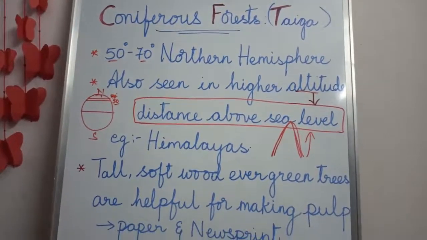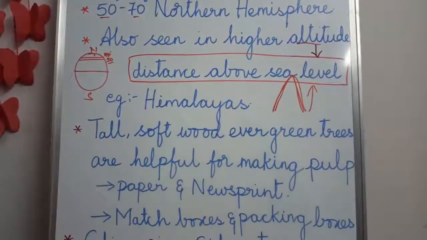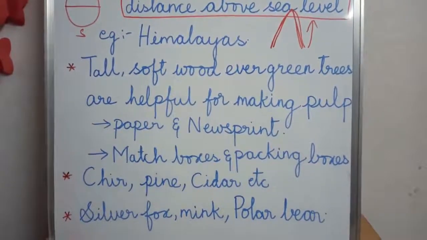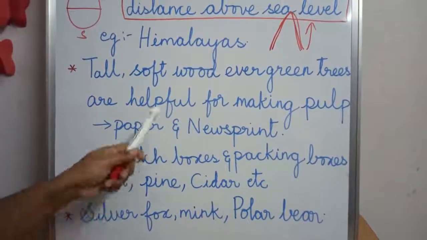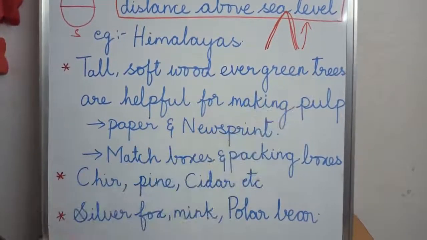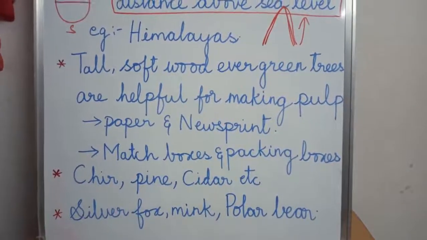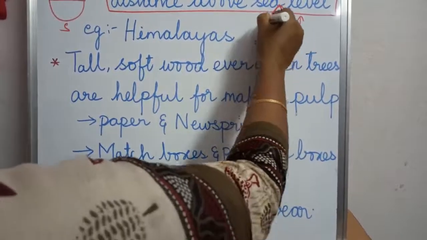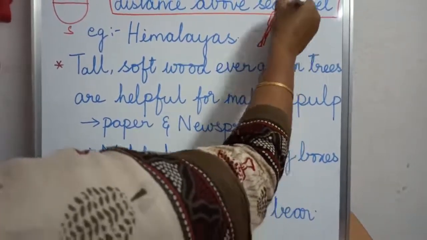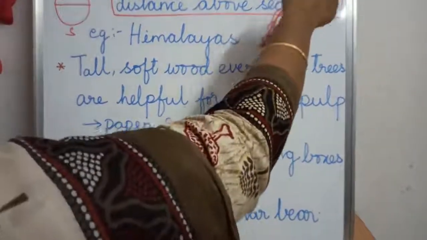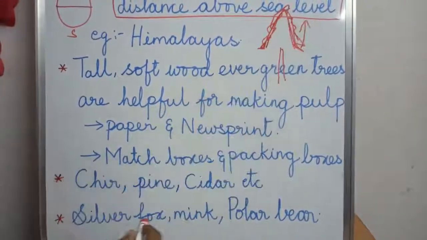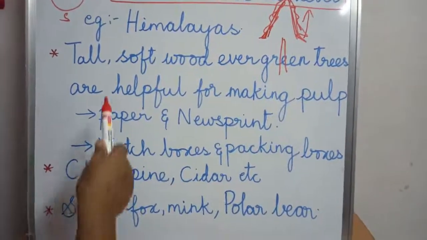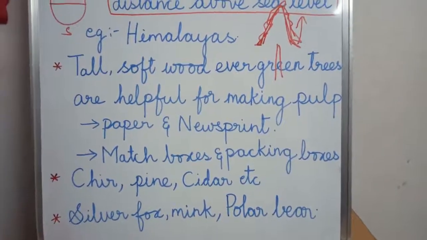Now let's discuss the vegetation. What kind of vegetation can you see there? Here the trees are tall, but all the trees are softwood trees, not hardwood. These softwood trees remain evergreen throughout the year. And have you ever seen, children, that the trees are also cone shaped like this? Because when the snow falls, the snow descends down the slopes. That's why these kinds of trees can survive. So tall, softwood trees are what you find in these places.